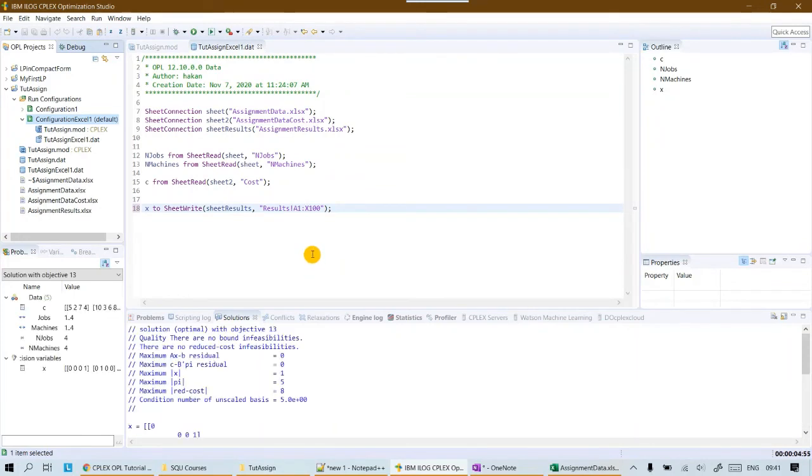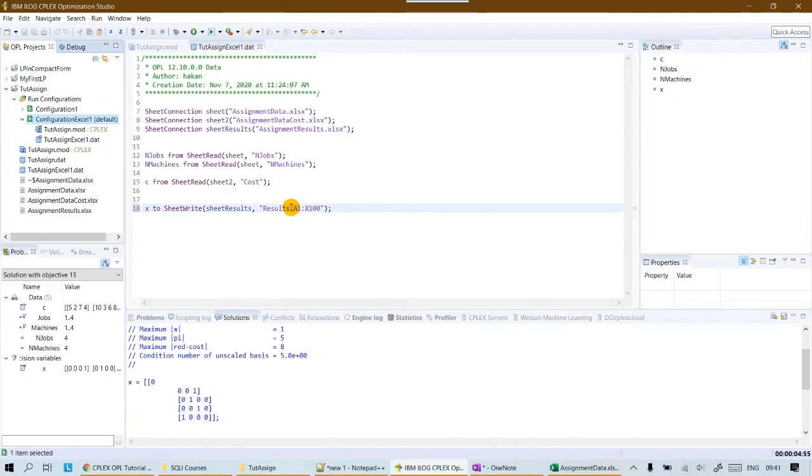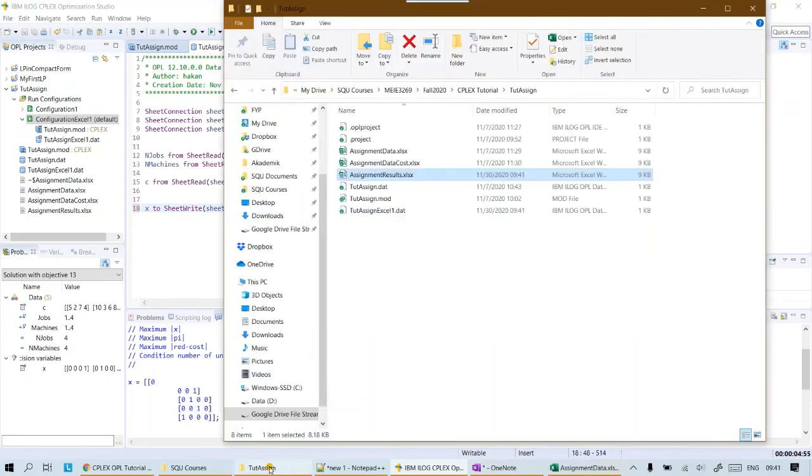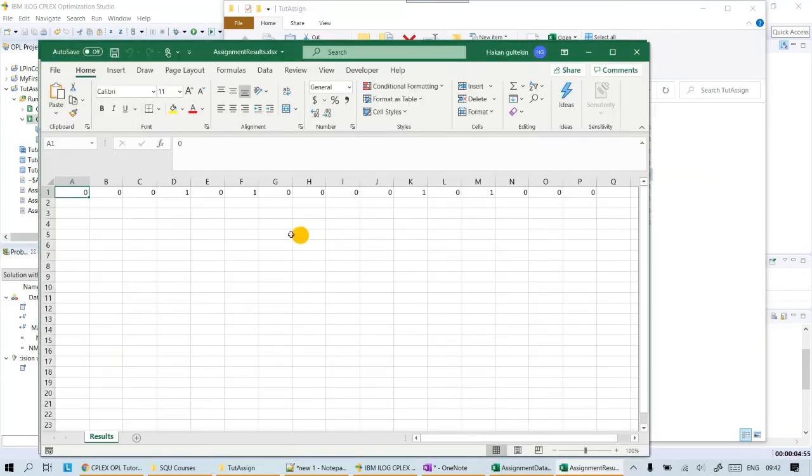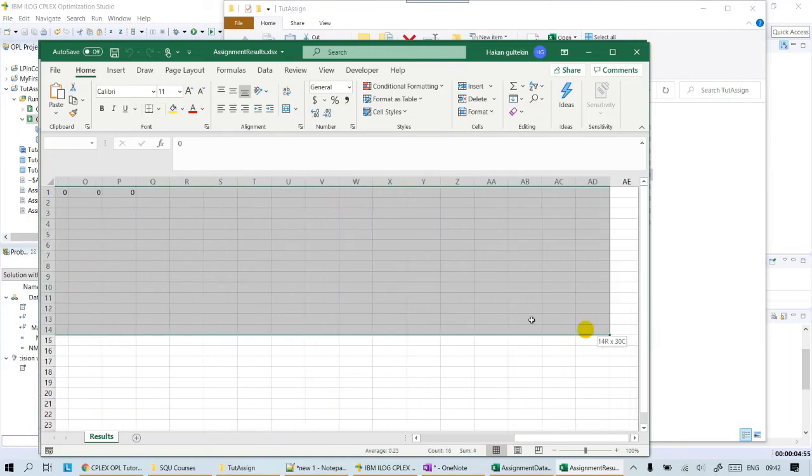we shouldn't receive any error message since the Excel size that I provided is much larger than the values of these decision variables. Okay, so let me show it. Still it will write the same thing. Sorry, so as you can see, it's written in a different way because I provided the range from A1 to, let's say,